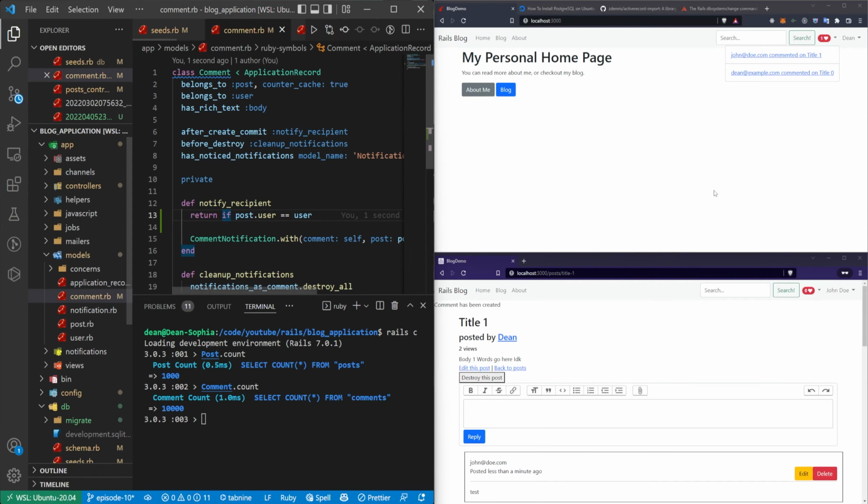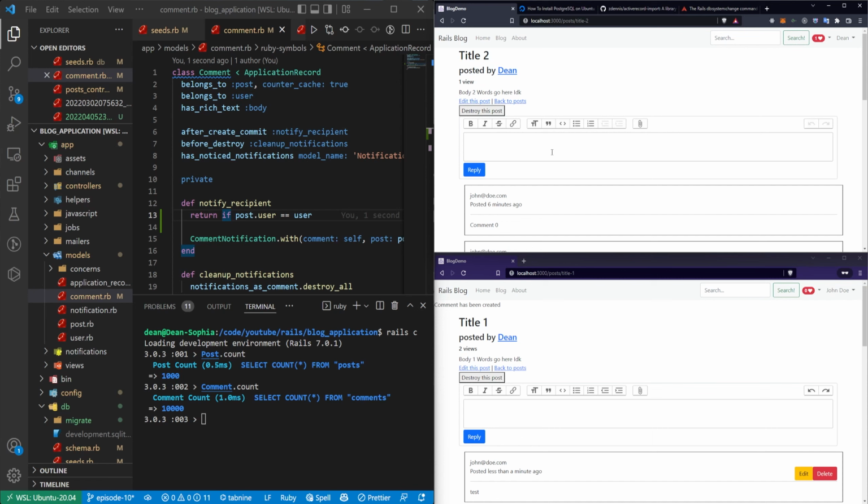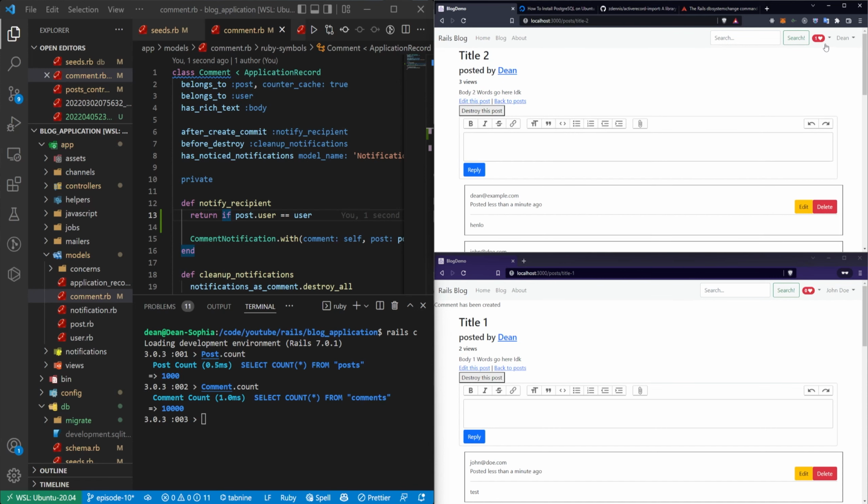So we'll save this, exit out of here, and I'll come over to the blog. Again, it'll take a second to load. I'll come into this post. I'll say hello, click reply, refresh, and now you can see we didn't get a reply for the title-2, but let me come over to the title-1 real quick. And that'll mark it as read. So now both of those are read. Of course, we have this one notification here that we created,